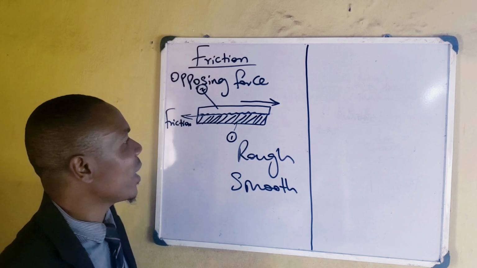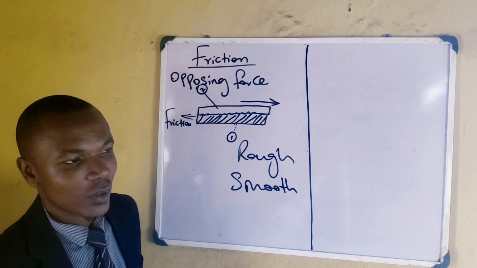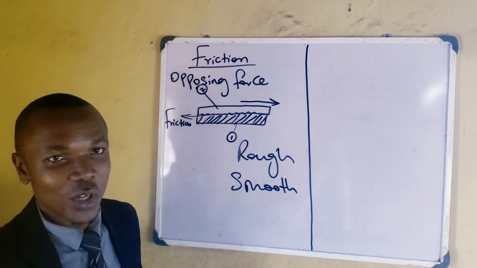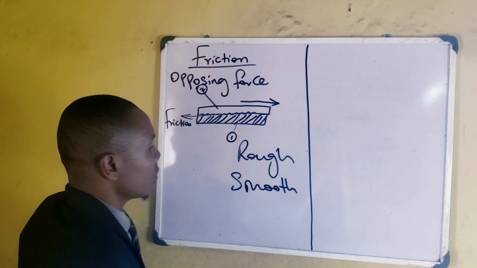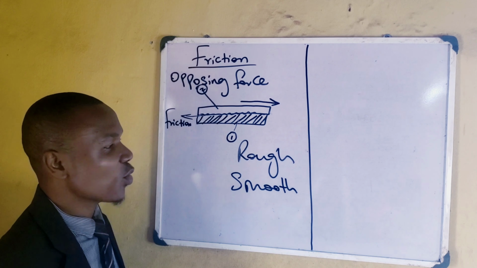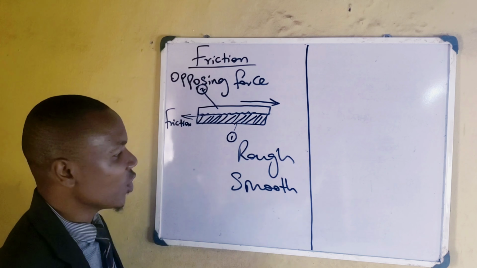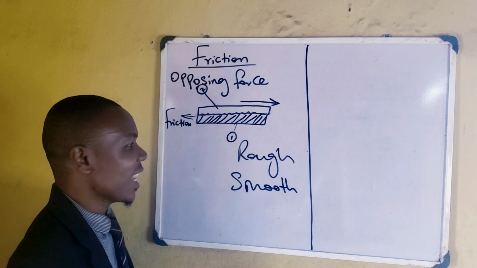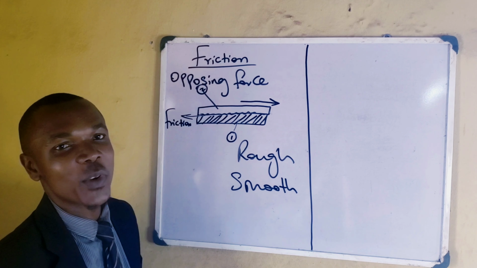All right. So that's why when you want to reduce friction, what you do is that you make the two surfaces in contact to be smooth. By reducing the roughness of the two surfaces that are in contact, you will be reducing the friction. That's why when you apply lubricant,